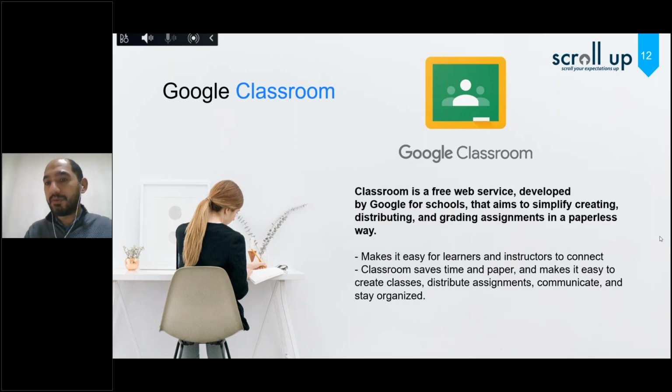Google Classroom is a free web service that I suggest you try. I suggest that you see this Google Classroom and try it because it is really useful. So this free tool, Google Classroom, was developed by Google for schools, and it is aimed to be